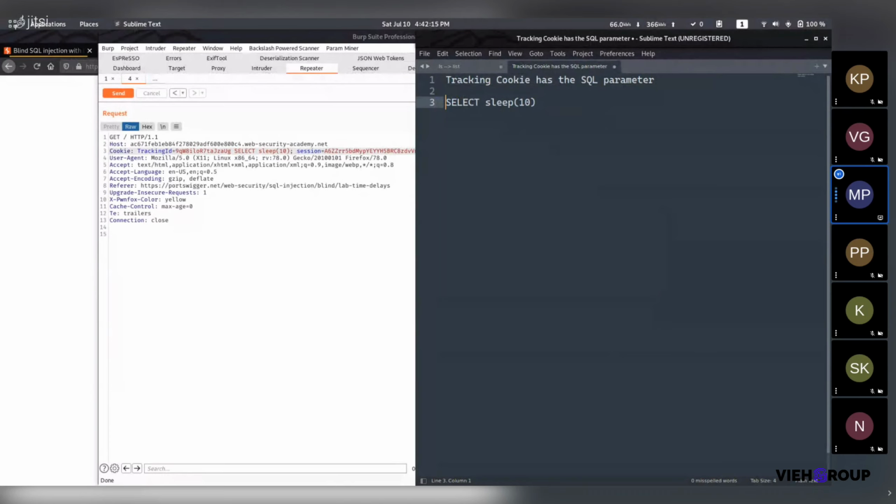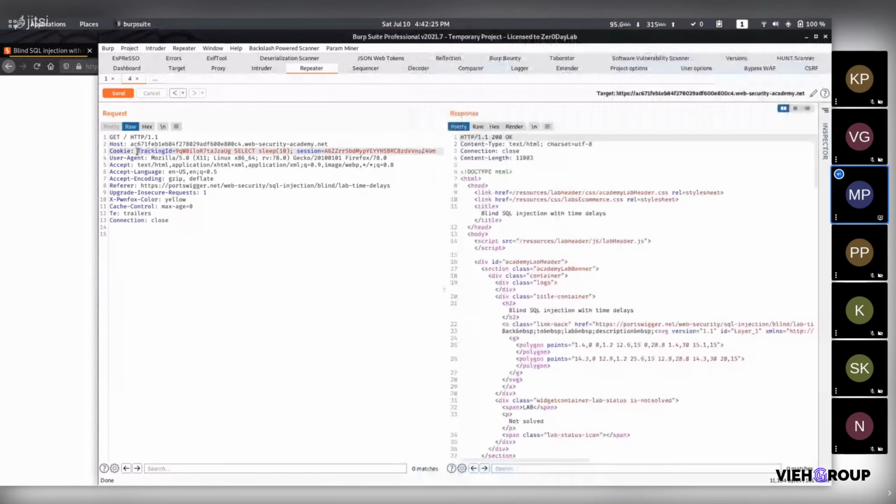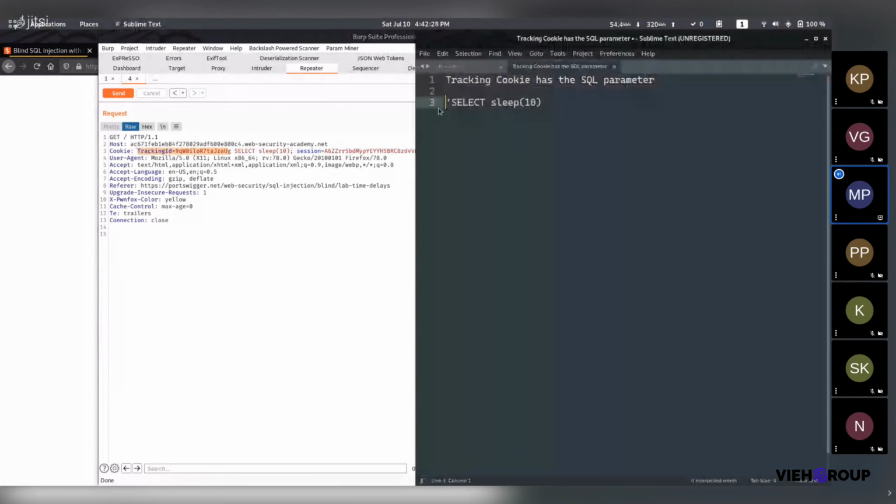So let us use a quotation, because the quotation will end the query of the tracking ID. This will end this tracking ID SQL query, and then we will concatenate that with our query, that is select sleep 10.